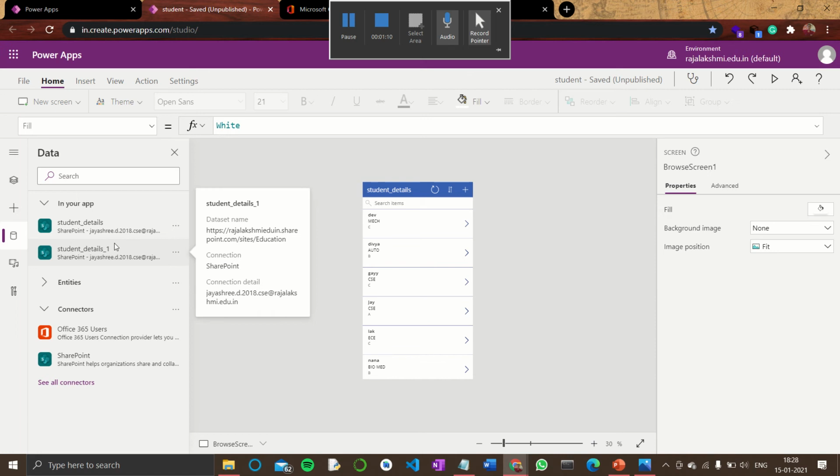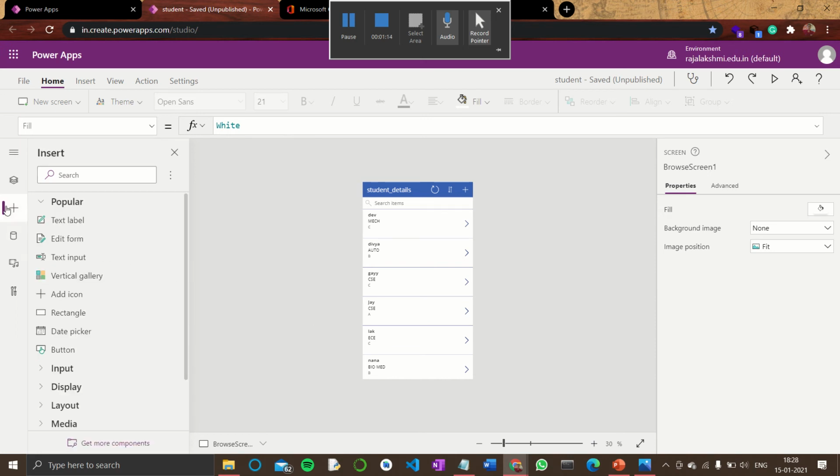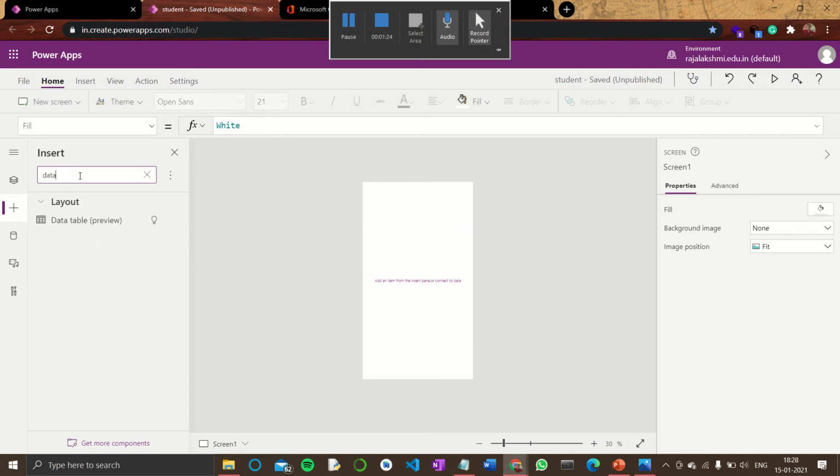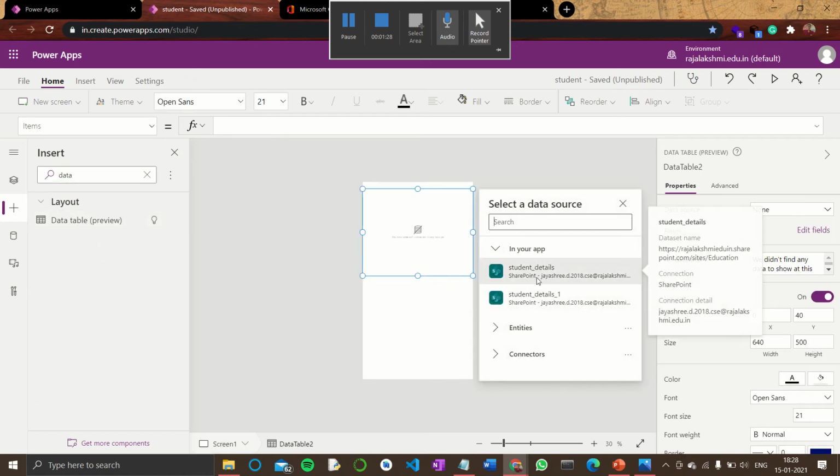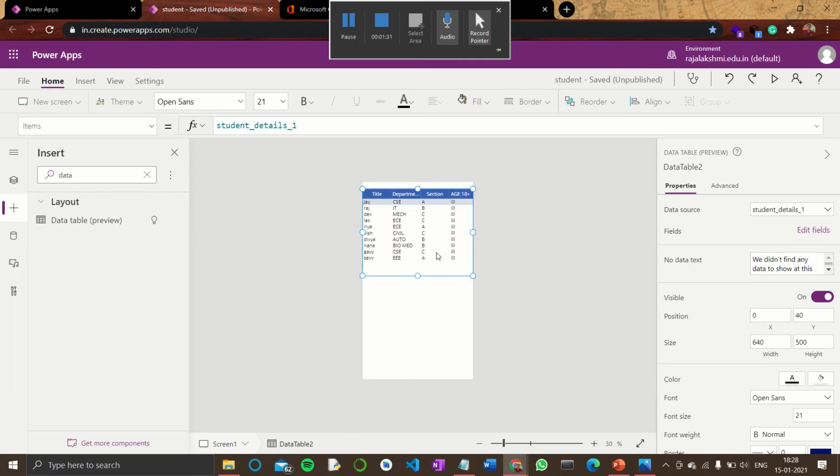Before getting into this icon, you just go and create one new screen. Now go to the insert icon, search for data table, and select the list that you need to display here.